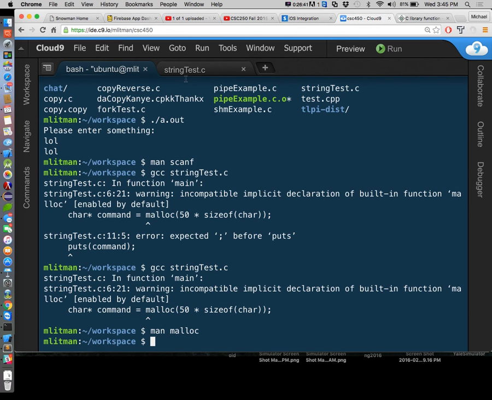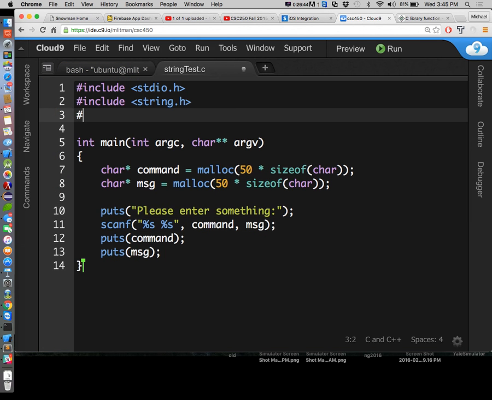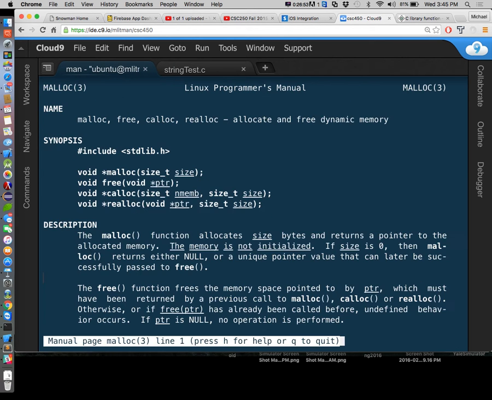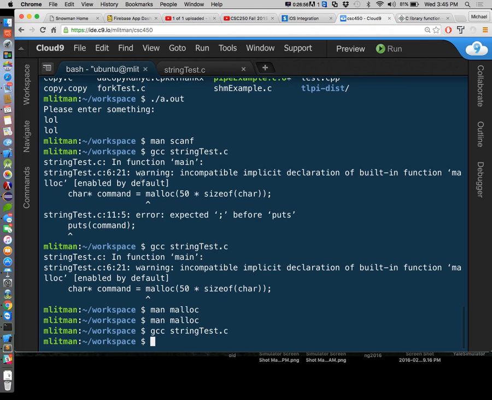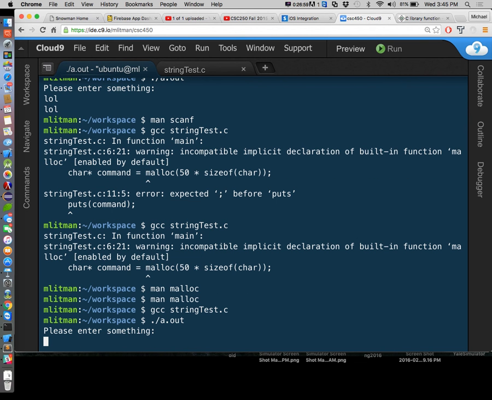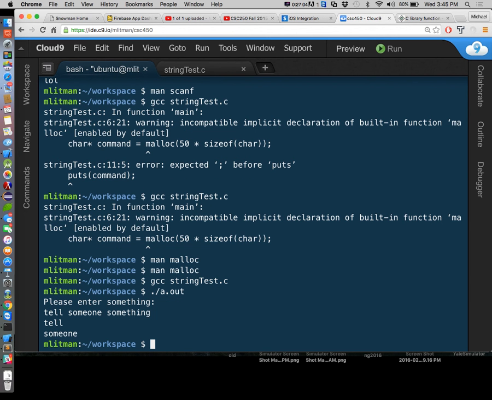Malloc is in standard lib. Oh, it's because we don't have standard lib in here. Okay, let's see. So this split it into two. So we got the tell, and then we got the someone, but can we... You only had two of the strings for each? Yeah, but I want to know if I could say get the rest